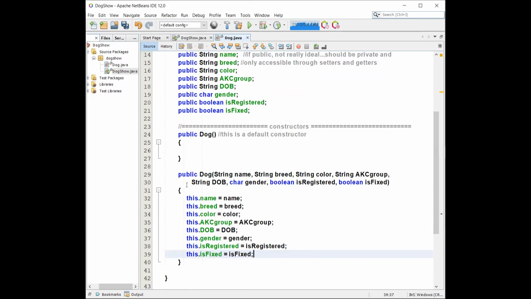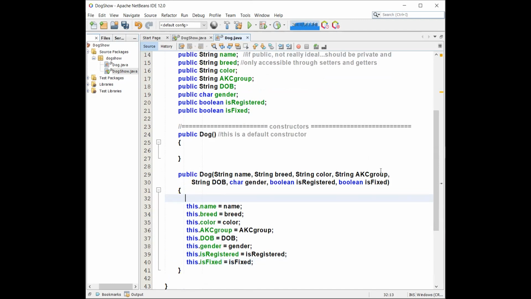So this one here, we call a parameterized constructor because it has parameters. Okay, this one doesn't. The default doesn't. This one does. This one doesn't have any. So I can do this. It's called overloading. Okay. So now I can go back to my dog show program